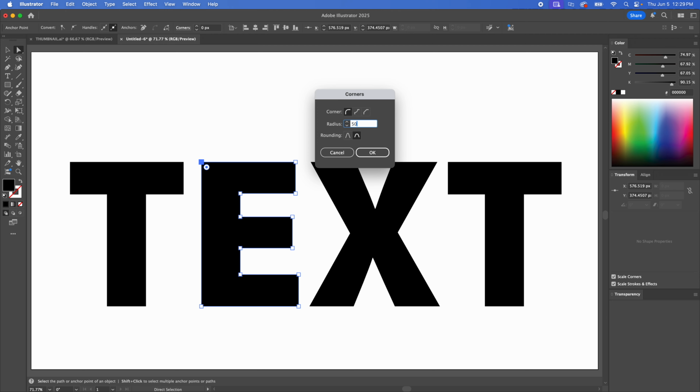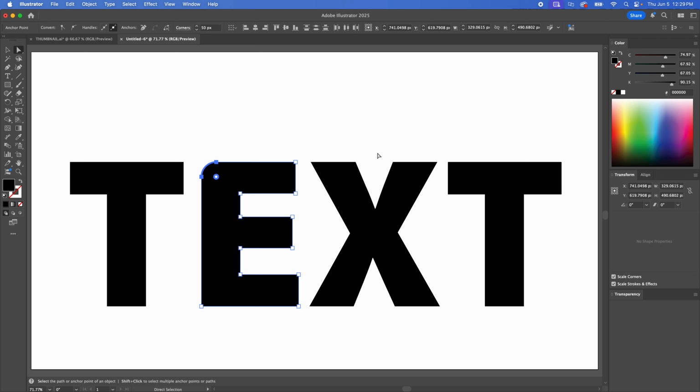I'm going to put 50 pixels here. You can see that there's a couple different bevel options, but I'm going to put 50 pixels and boom. Now I have a perfect 50 pixel radius. So maybe that's something you need, or you want to be able to control to do it consistently. That's fine. And you can drag these back,